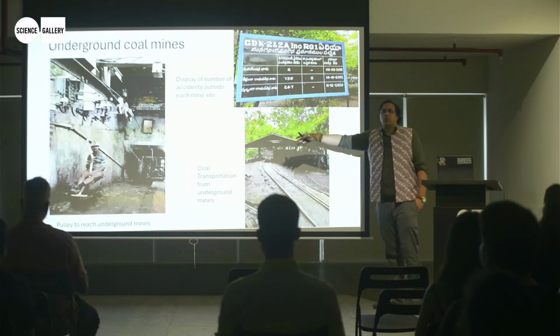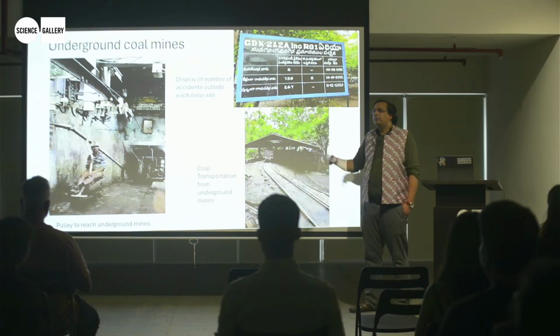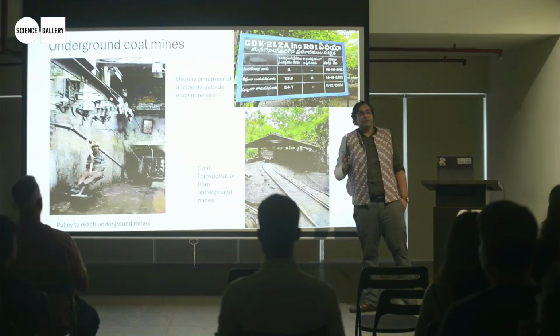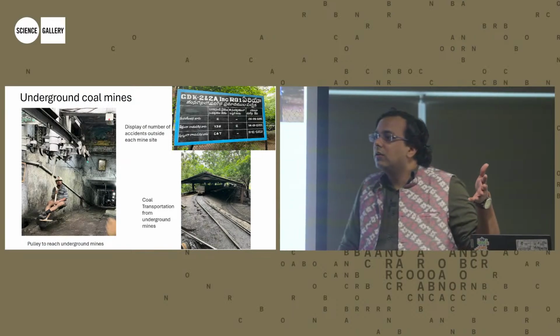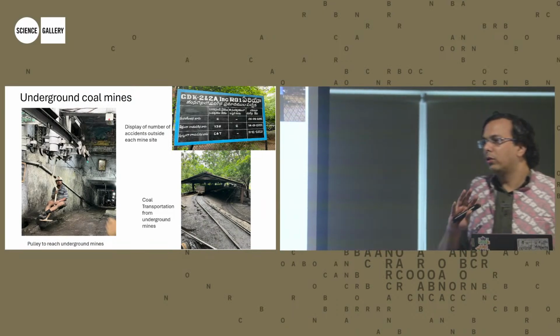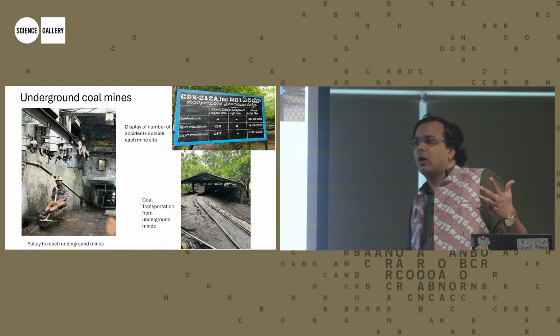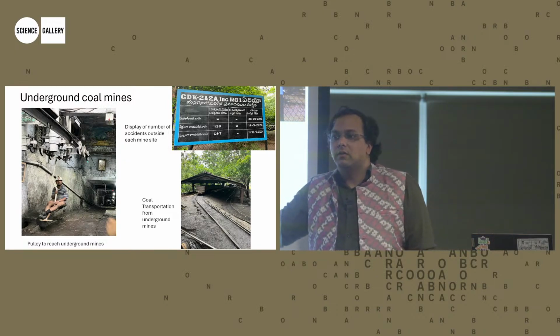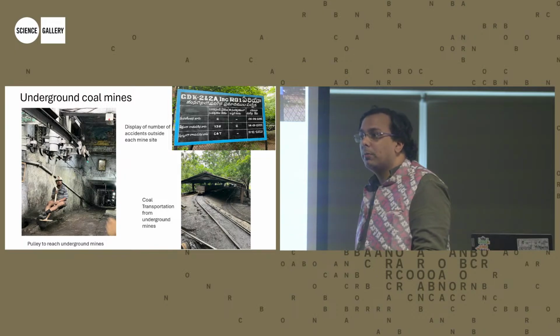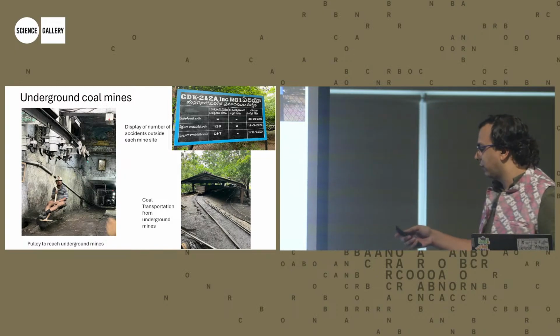Underground coal mining was the history of India's coal industry, right? Less than 10% of coal mining today, less than 5% actually, is done underground. But for the better part of the first 60, 70 years, from 1900 to 1940, 1950, most of it was underground mining, British-style underground mining, right? That's also where most of the employment is. Underground mining tends to require much more manpower. You can't use machines as much for those kinds of things.